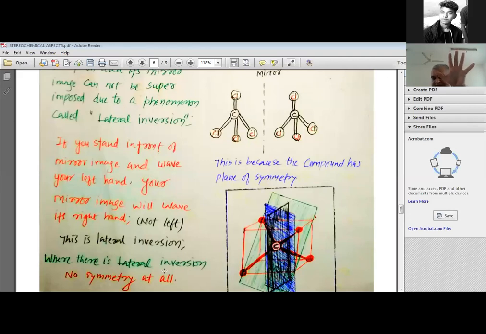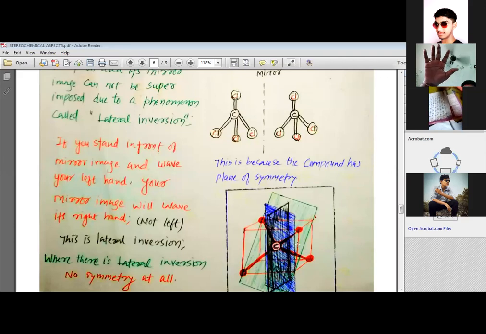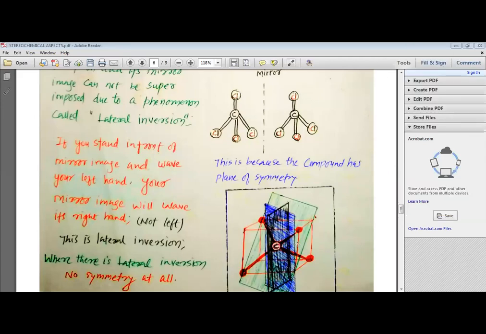My left hand is exactly, take it back a little, exactly like the mirror image of your right hand. So when you really make a mirror image, you realize that there is a lateral inversion. Thank you, dear students. Some of you have followed my instruction. I'm happy for them and happy for myself that some of them have followed.